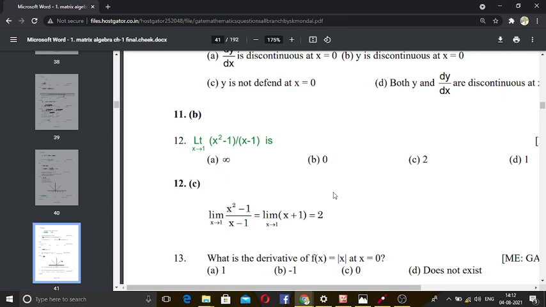Limit is a basic and fundamental topic in engineering mathematics, or you can say any mathematical portion of calculus. If you want to study calculus, you have to begin with the limit. So limit is a basic topic, and it is a very general topic. You can also solve the questions of limit.